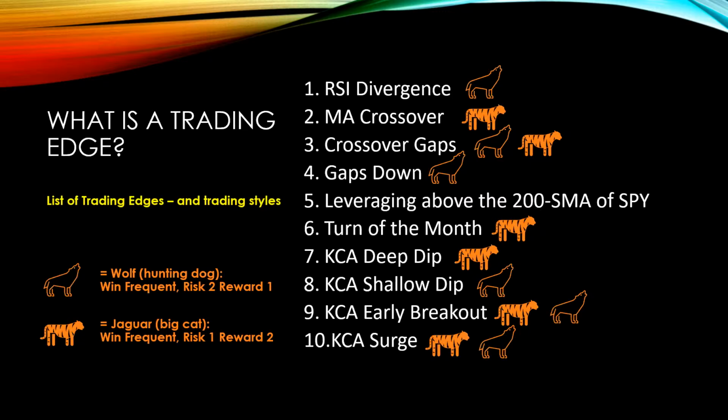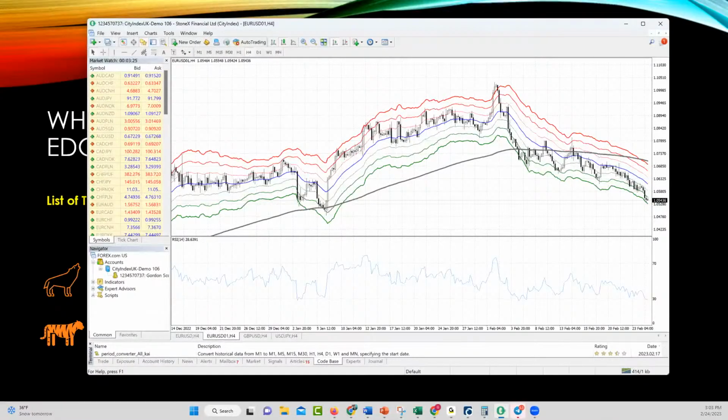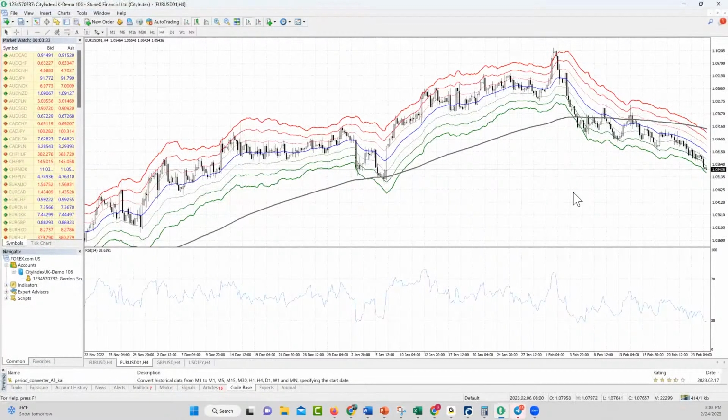The first thing I want to do is have a look at the Euro USD pair with my own way that I like to look at the markets with these Keltner channel bands. Okay, and what a Keltner channel band is just a marker. It starts with the moving average. In this case, it's the